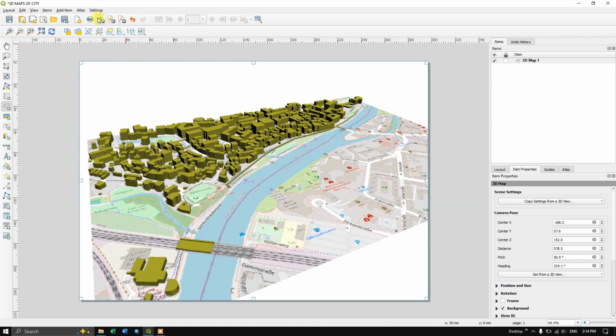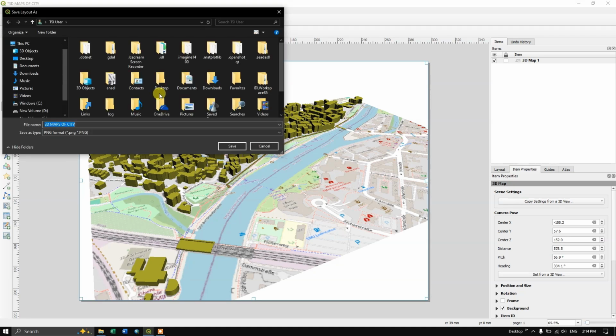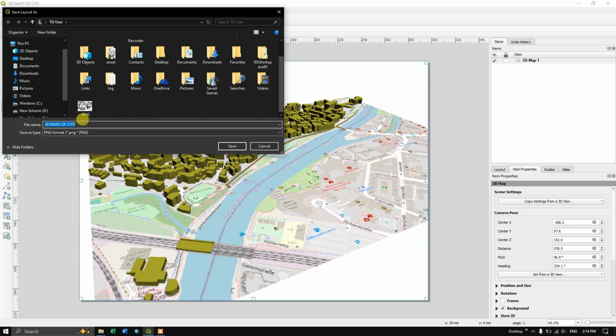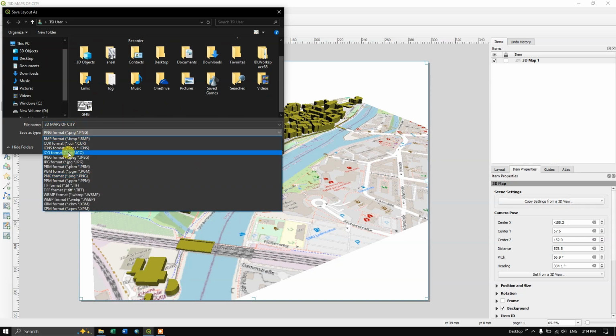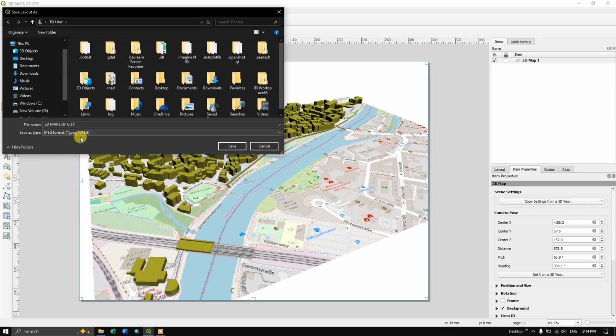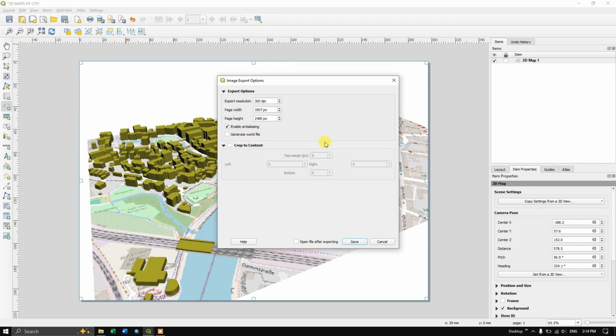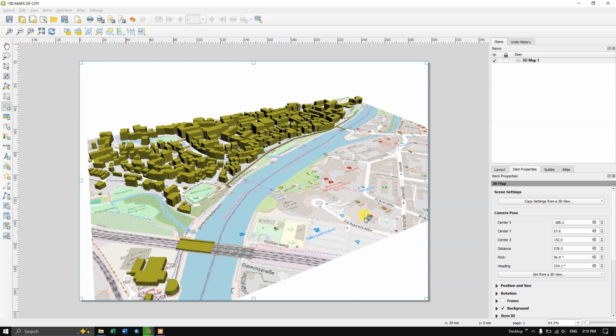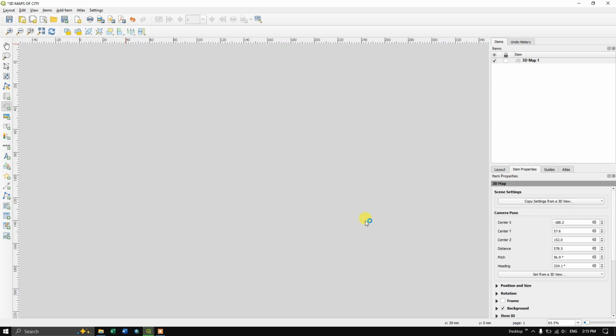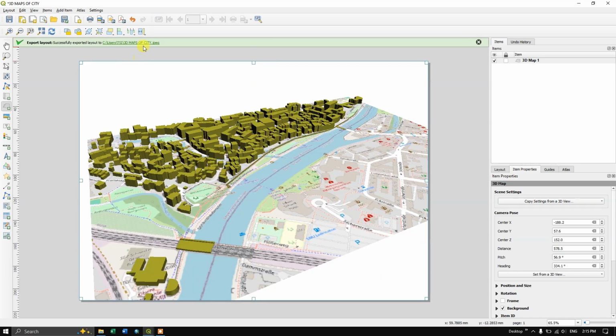So on the top you can find the export option. Export as an image, click on here, and here you can save the name and folder. You can save it, and you can set the DPI. I'm going to set it to the maximum, 700. Click on save. That is great. Now the image has been successfully exported. Let us save it.